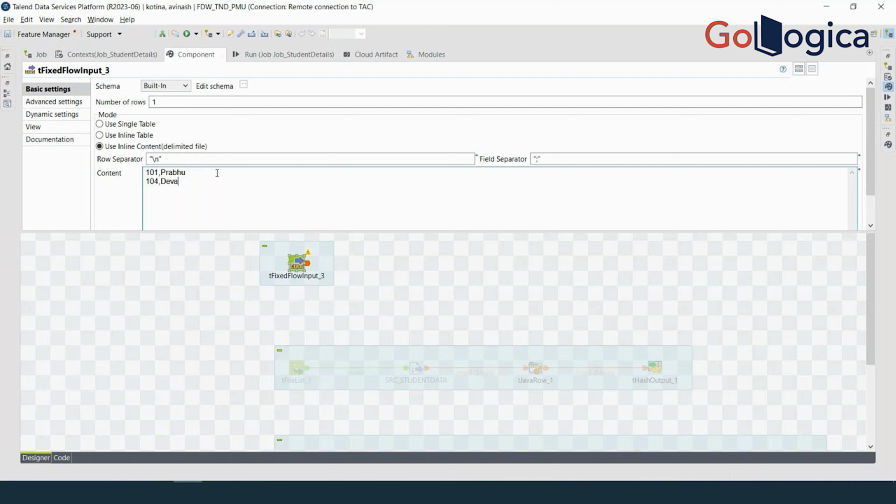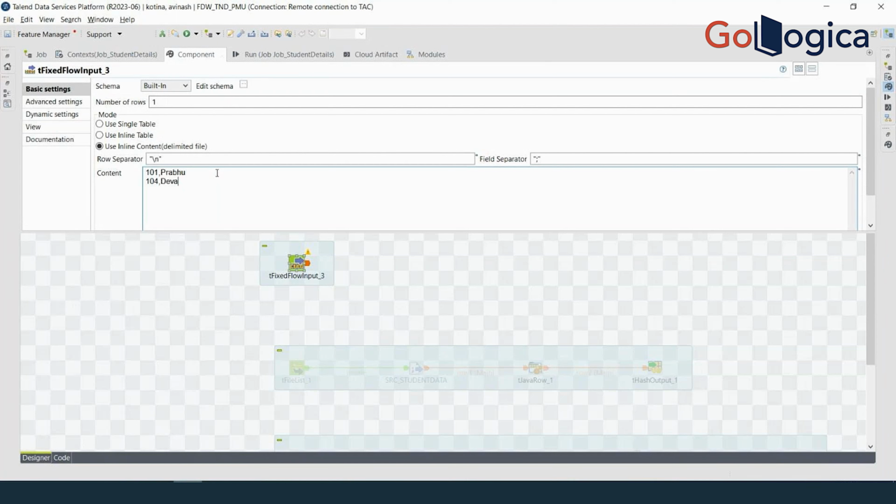To be specific, we have inner join, left outer join, right outer join, and full outer join. In general we have these joins, but